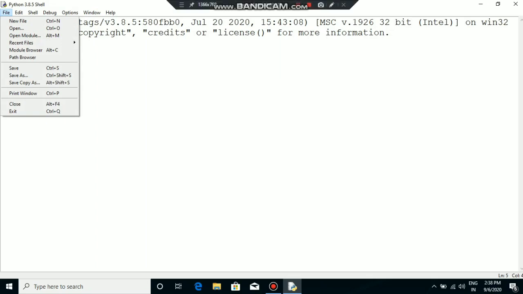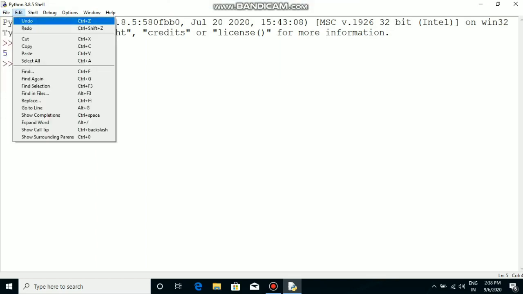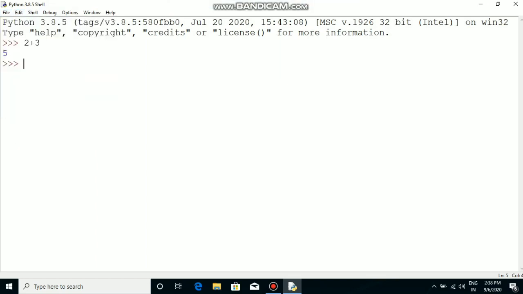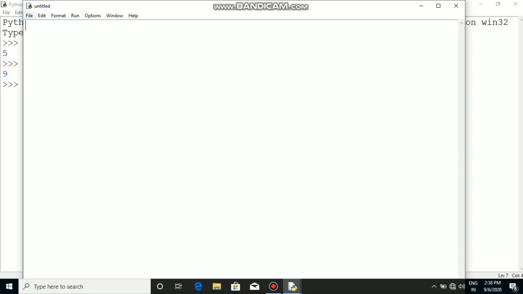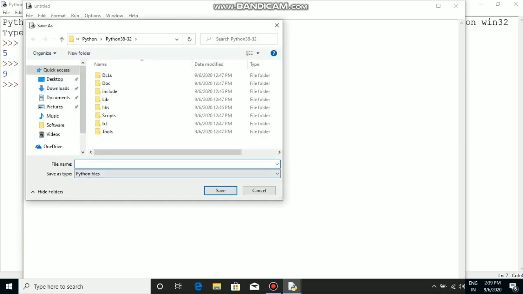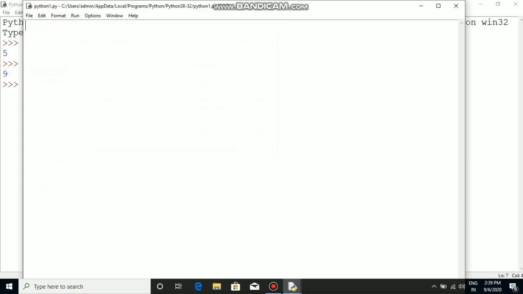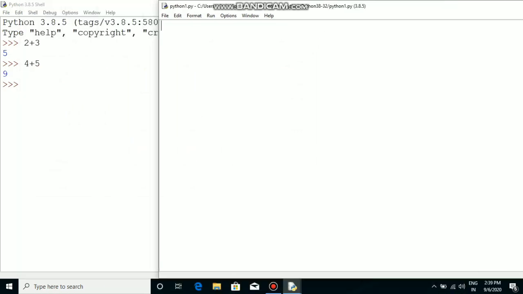So first, if you want to run any program, you have to create a new file. So I am creating a new file, at the top. And wait a second, please. What's the issue? Let me see up first. And 4 plus 5. Okay, so you have to do a new file, and in the new file you first have to save it in your computer or wherever you want. So I will save the name as python1. Okay, it's better, and enter. Now I will keep it aside so you can see the main screen.